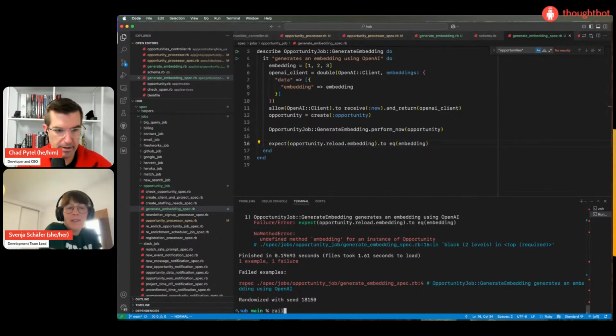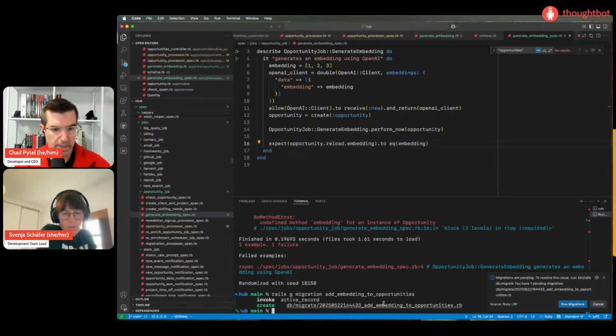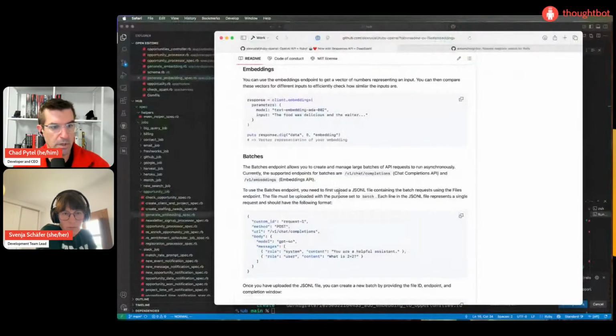Right, yeah, we did not. We can add it. Rails g migration add embedding to opportunities. Oh wait. We don't have the extension enabled in our schema.rb.